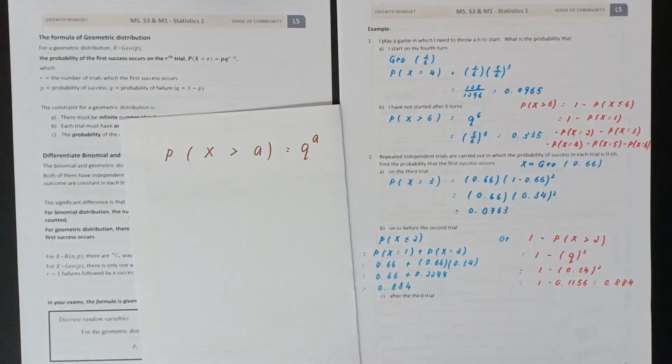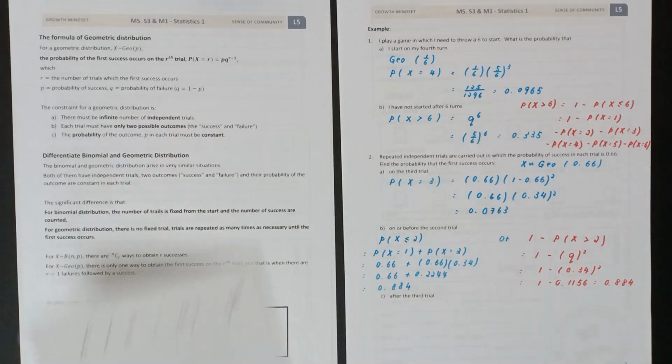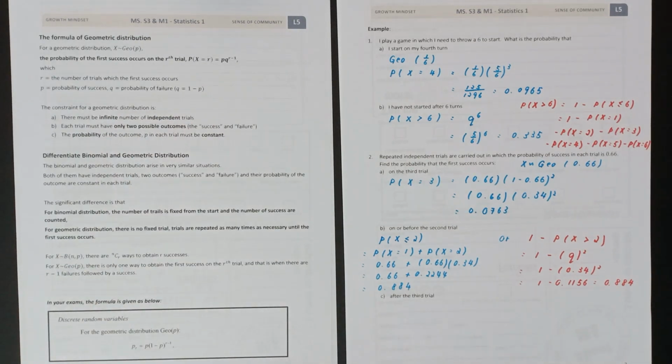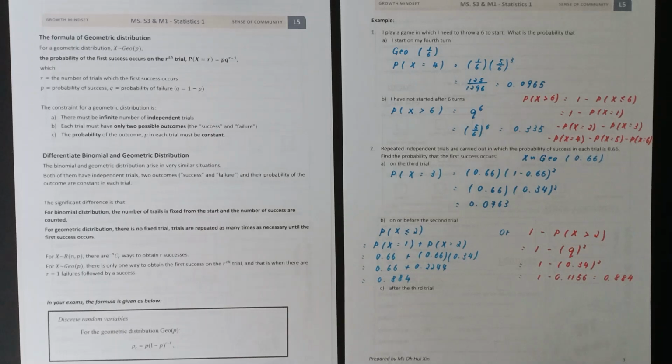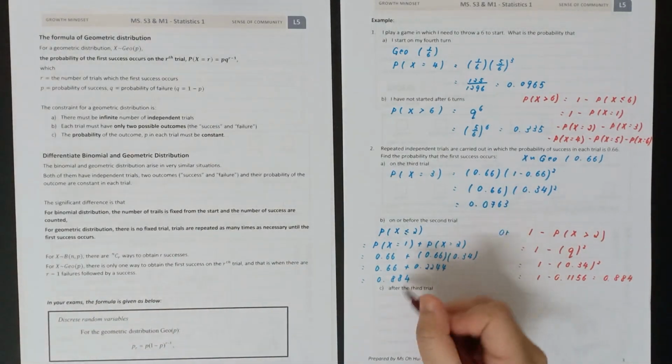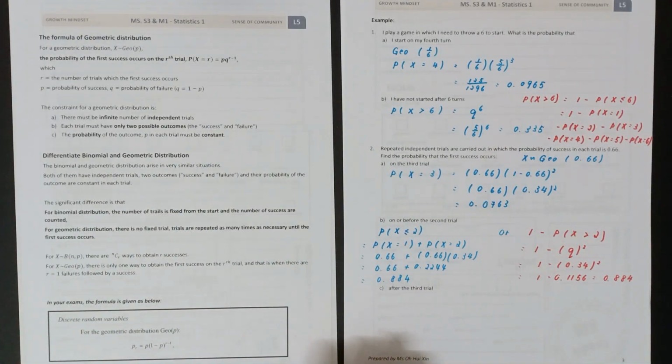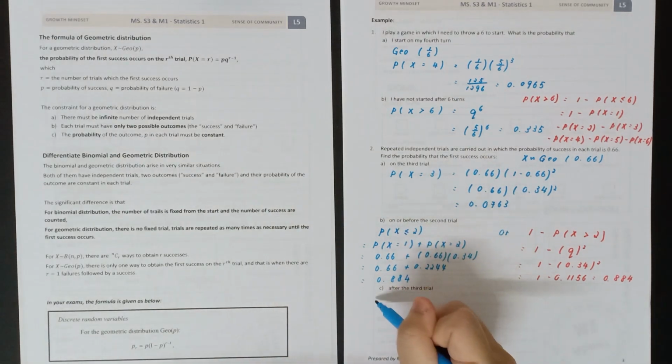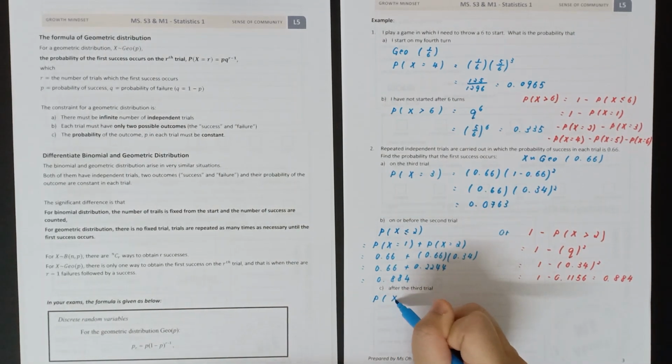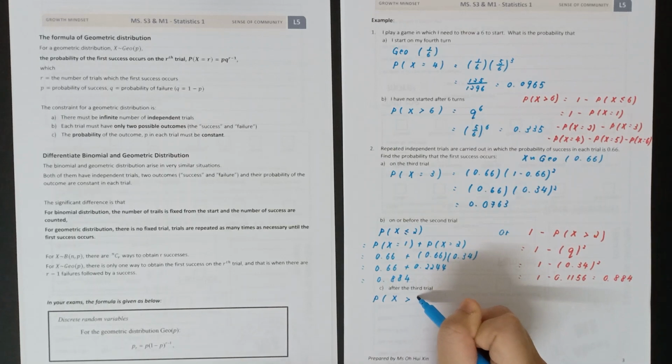So this is what you can write down so you can use it, but you try to understand the idea behind it. Okay, part C. What is the probability after the third trial? Okay, so what does that mean by after the third trial? So meaning that probability